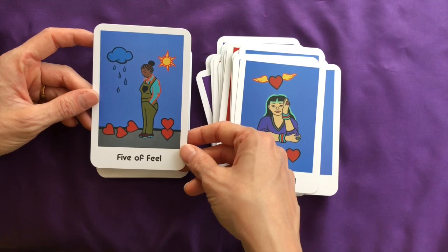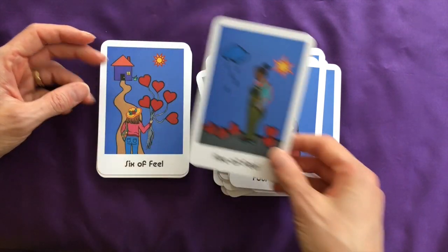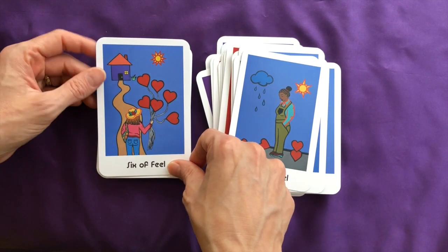5 of Feel, yeah, very clear. The cloud where she's looking, the sun behind, if she'd only look that way. 6 of Feel,